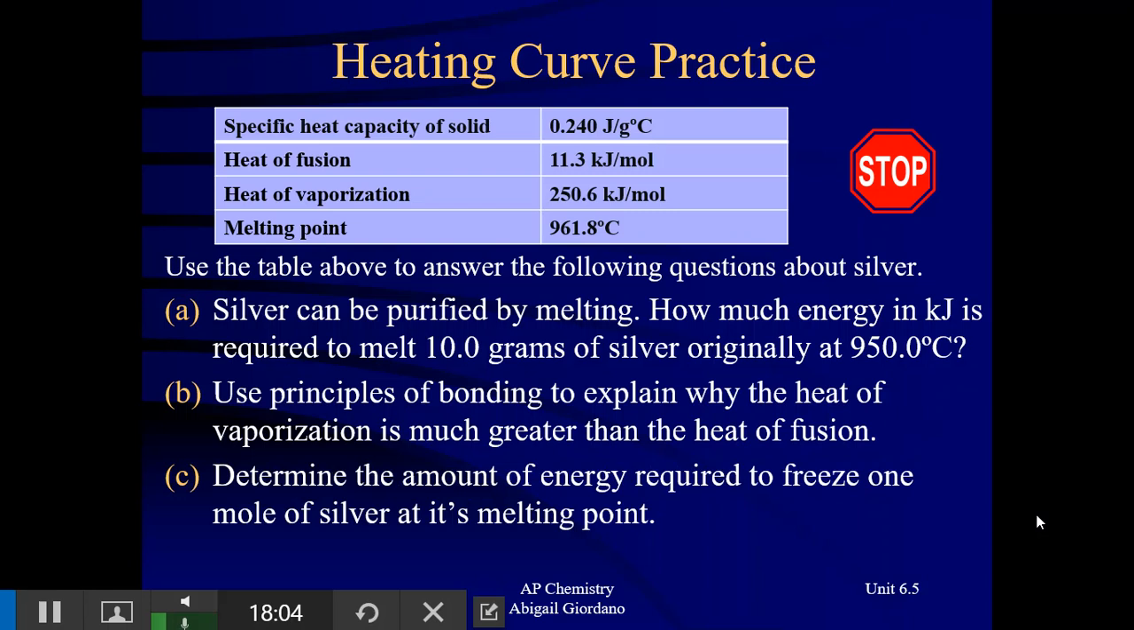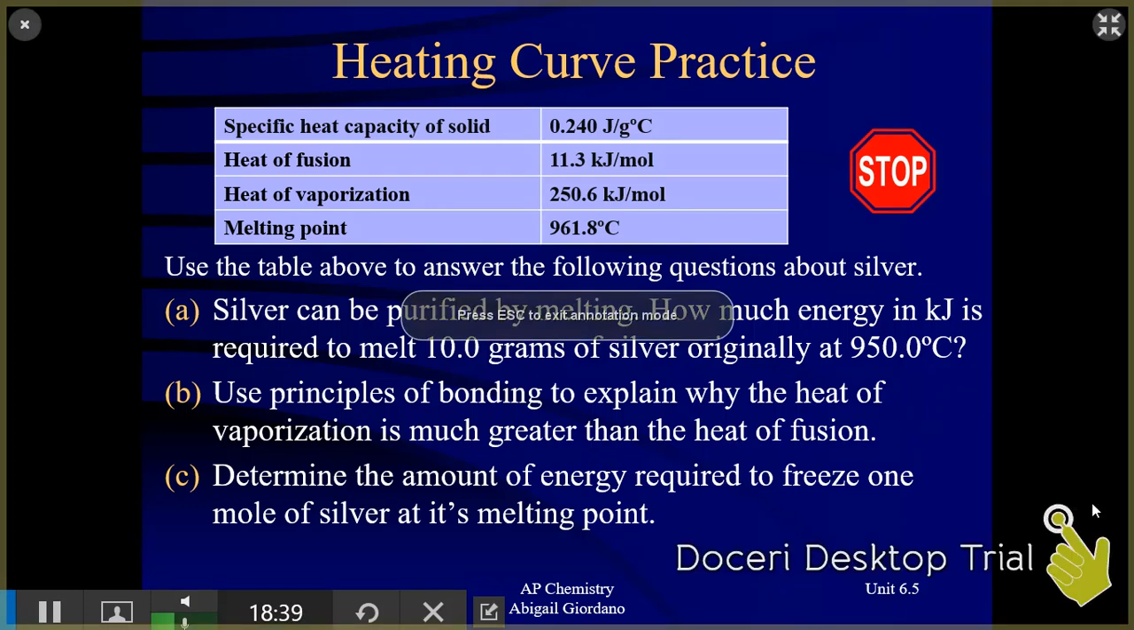So this last part, you don't even need a calculator. It says determine the amount of energy required to freeze 1 mole of silver at its melting point. So this time we're starting with 1 mole of liquefied silver, and we want to freeze it. We can still use the heat of fusion, okay? And look at the value, 11.3 kilojoules per mole. How convenient. I'm in moles. My amount is in moles and it's 1. So here's my answer. Ready? The answer is negative 11.3